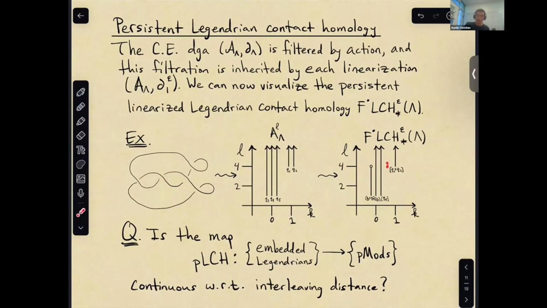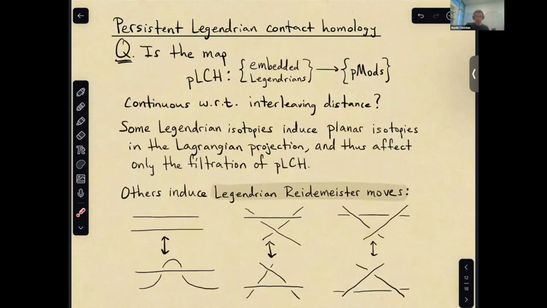Will we only introduce very short bars or wiggling of the endpoint? And I'm running out of time, but I'll just point out that there is a distinction between those isotopies which represent planar isotopies in the Lagrangian projection, so we do not change the number of generators of the Chekanov-Eliashberg DGA, and then those isotopies which do change either the number of generators or, if you do these triple point moves, you don't change the number of generators, but you do create these non-trivial DGA maps between the